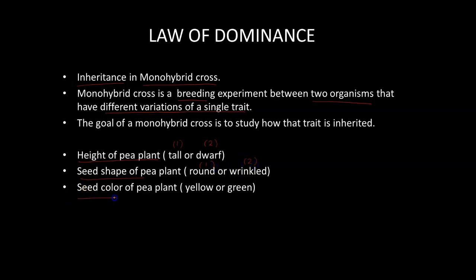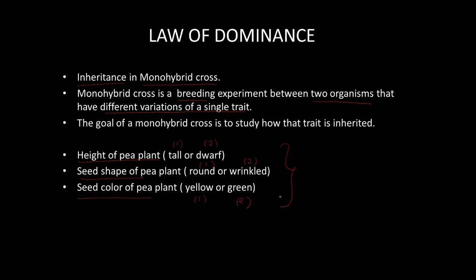And in case of seed color, which is also a single trait, the color can be yellow or it can be green. Besides these three single traits, we can take any single trait which has different variations present in two different organisms,